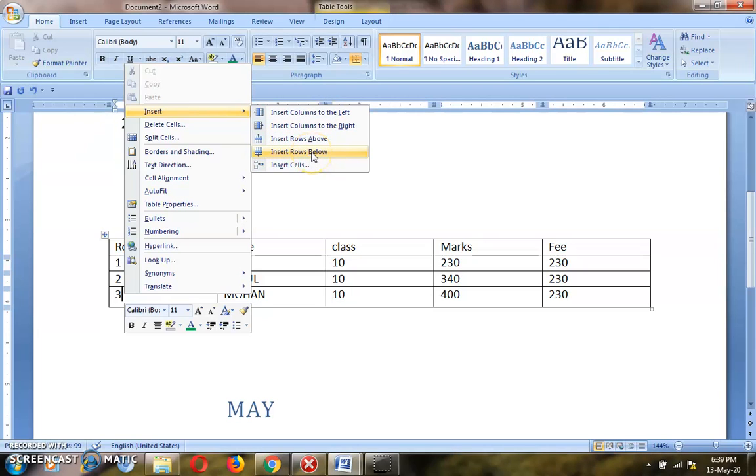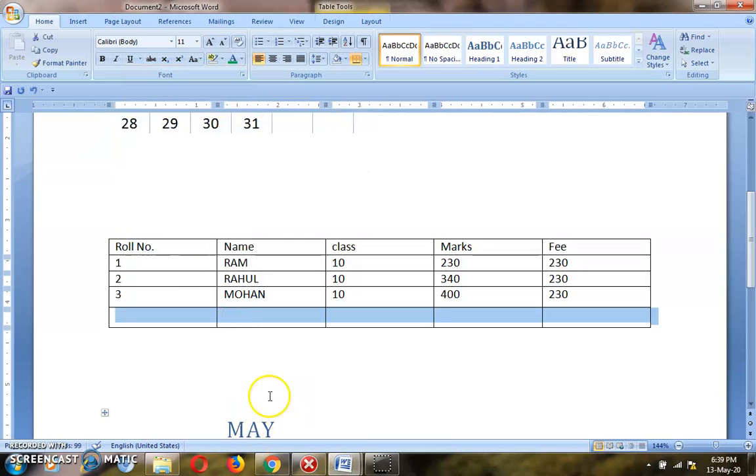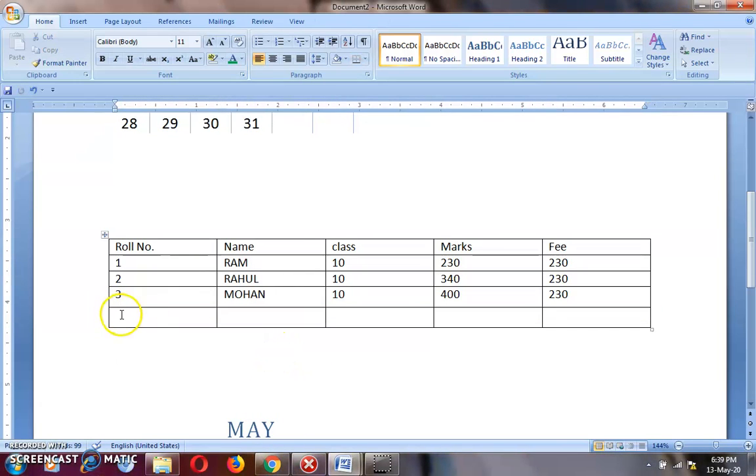Now I select insert row below, and this way we can insert a new row in a table.